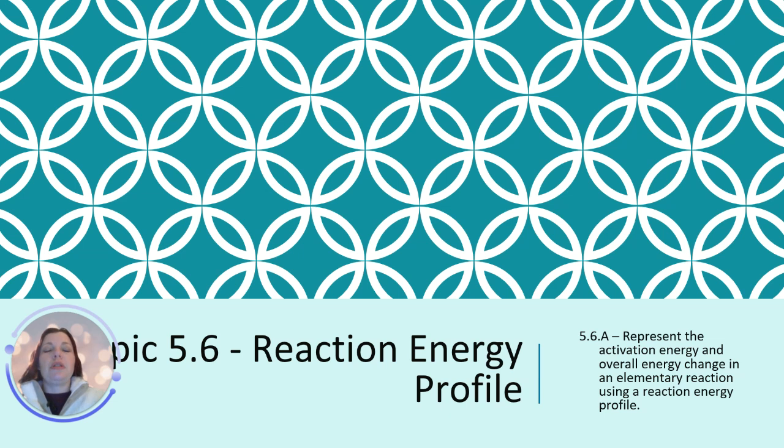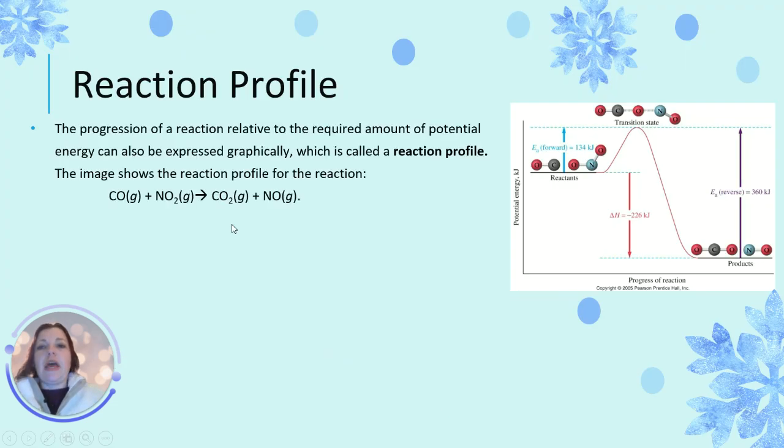The learning objective for today is 5.6.a: represent the activation energy and overall energy change in an elementary reaction using a reaction energy profile. So let's dive in and see what this looks like. A reaction profile is a graph. It's the progression of a reaction relative to the required amount of potential energy. So this is an image of what a reaction profile might look like,